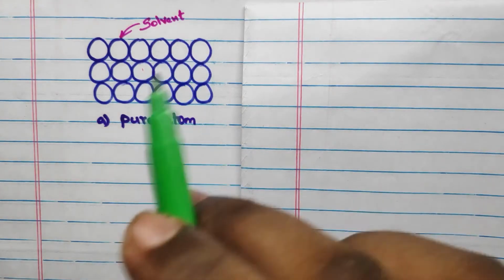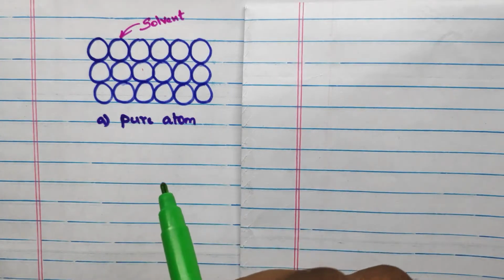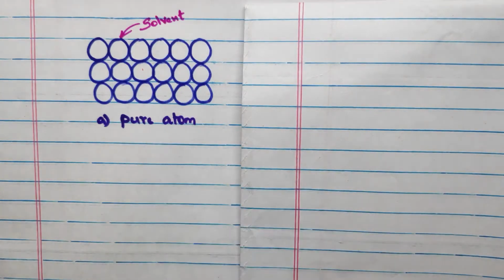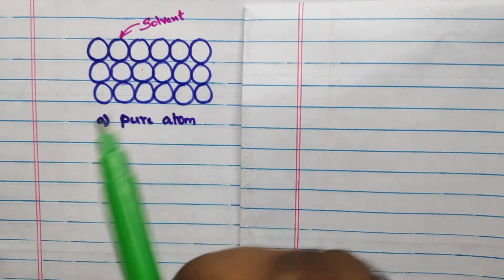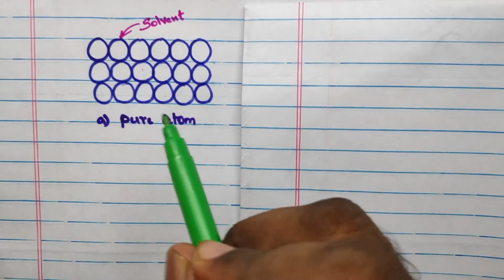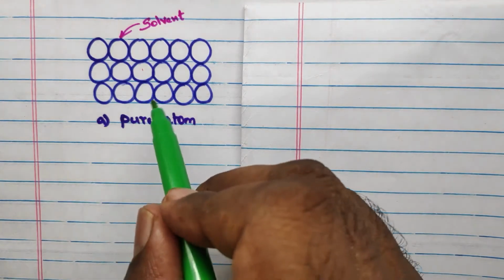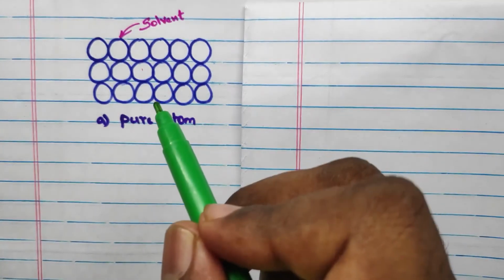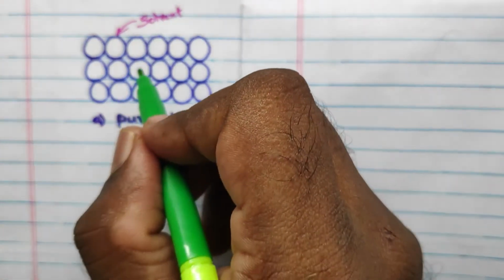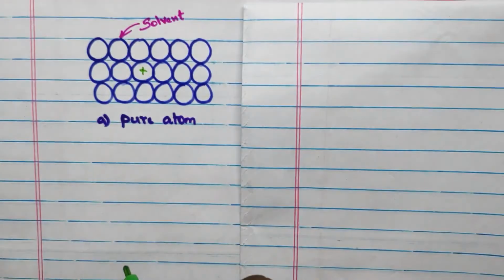In order to understand how the solid solution is strengthening, I have taken pure atoms. So here we have all the atoms as solvent, nothing more in it. Now I am going to add the impurity, that means I am going to add the solute atom into it. I am going to consider that this solid solution happens by substitutional solid solution, so the substitution is going to happen in this preferred atom.